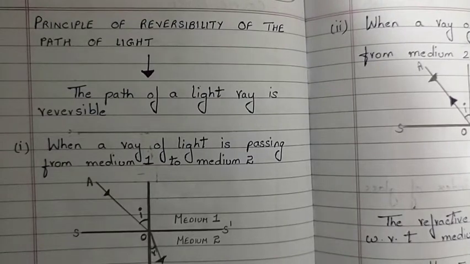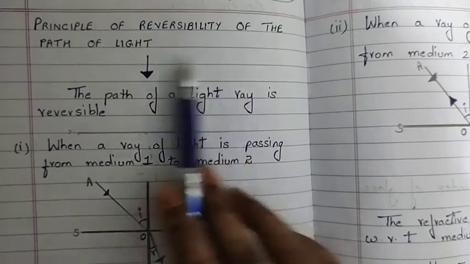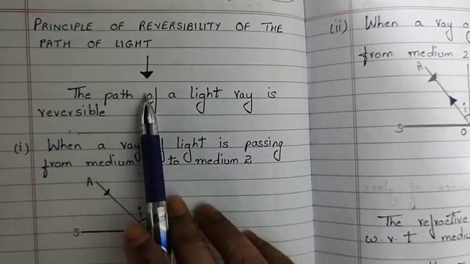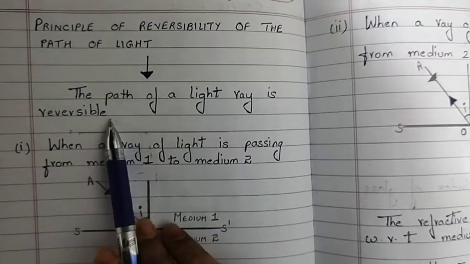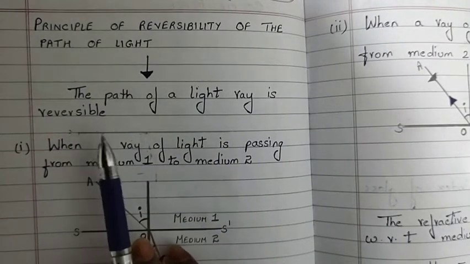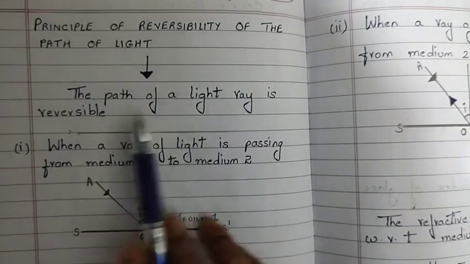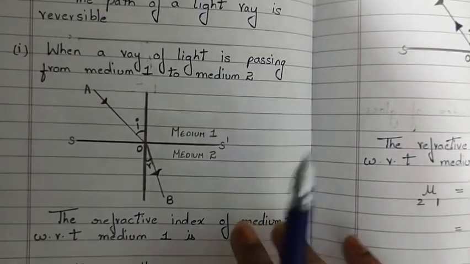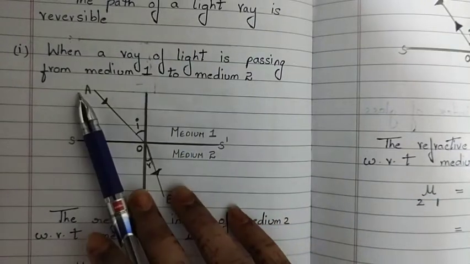In this video, we will try to understand the concept of the principle of reversibility of the path of light. What is the meaning of this? The path of a light ray is reversible. To understand this, let us consider two different scenarios which will prove that the path of a light ray is reversible. Here in the first scenario, you can see a ray of light passing from medium